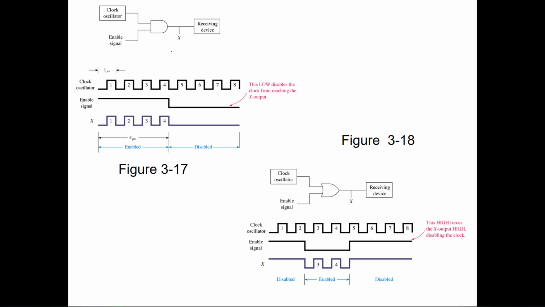because of this enable signal for an AND, right? For AND signals, what do we have to have to be able to receive an AND signal? 2 inputs. I have to have 2 inputs to get an output, right? So if I put a high enable signal, and then after the 4th pulse I drop it, am I going to get a signal after that? No, you won't, because it is